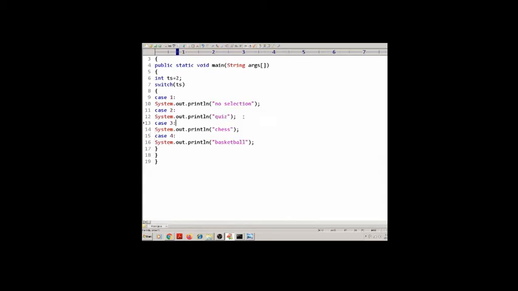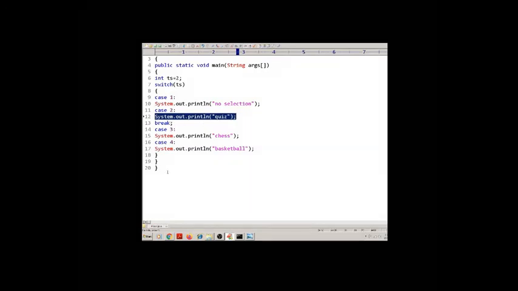So if you want to jump out from any case, then you can use the break statement. So here in this case, I want to place a break here. So whenever it matches this case, then after executing the case 2 block statement, the control jumps out of the case.